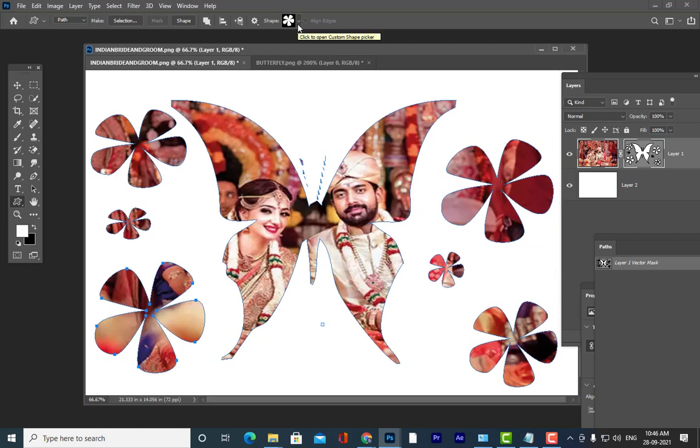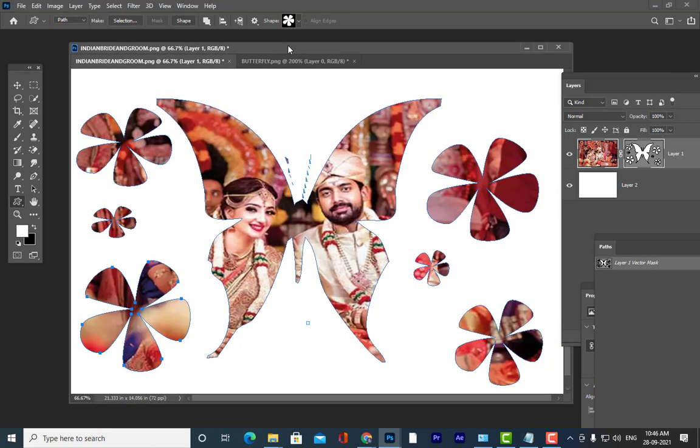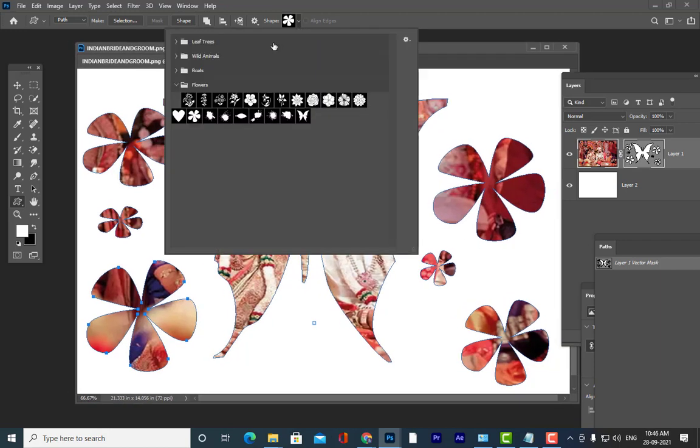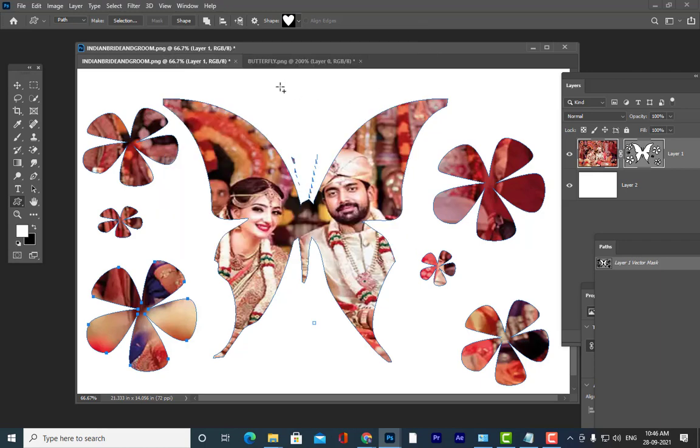If you want, you can draw with the pen tool, or I think I have already saved one heart shape here in custom shapes, so I can create like this also.